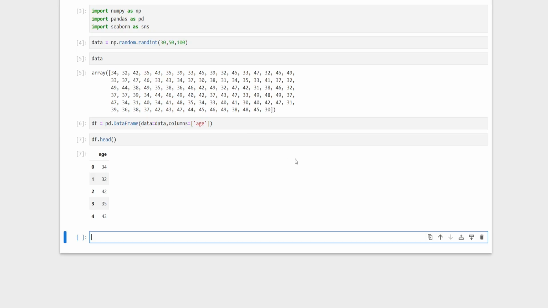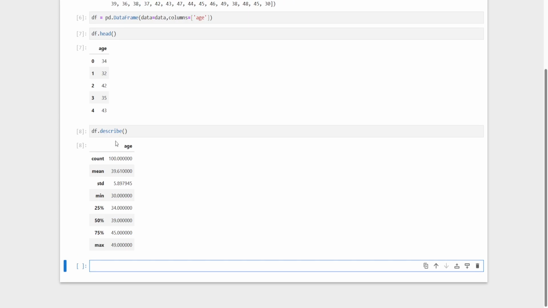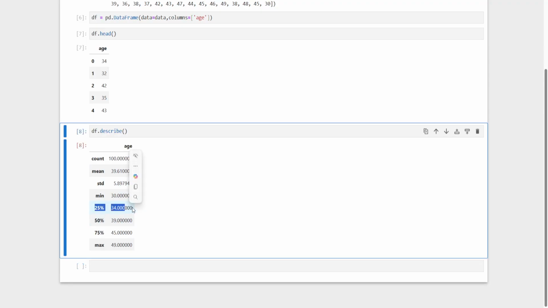I got these values here, the top 5 rows, and let me describe the data frame to see the statistics. Now when we describe the statistics, for the column age, the count is 100 data points, mean is 39.6, standard deviation is 5.89, the minimum value, 25 percentile, so that means 25 percent of the data points have an age of 34 or below, and so on, and we have the maximum value